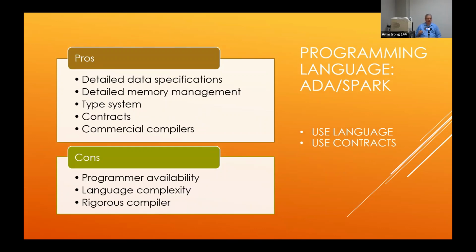The other one that I'm going to talk about, and I'll be ending relatively quickly with this, is Ada and Spark. Now, there are a lot of myths about Ada and Spark. If you go on electronic design, you'll find 11 myths about Ada. It has not gone away, but it is not very popular. I wish it was. And part of the reason is that it winds up doing things that most other programming